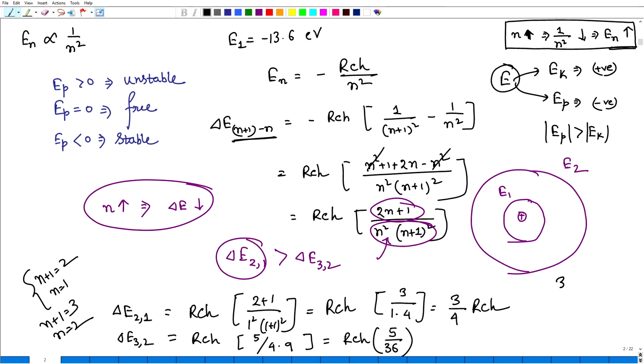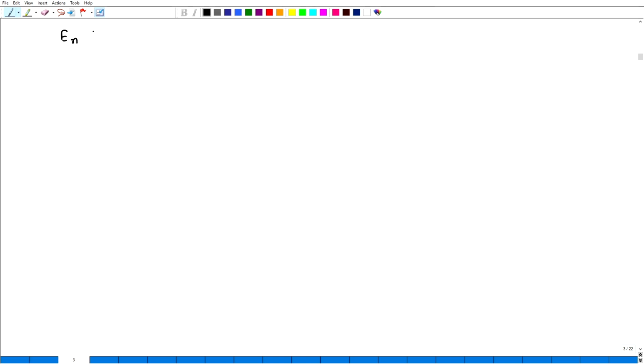Now 3 by 4 or 5 by 36, which is greater? Clearly 3 by 4 is greater than 5 by 36, much greater. So the energy gap between the first and second level is much greater than between the second and third level. We can also see that from the general form, that E_n is minus 13.6 electron volt divided by n square. So E1 is minus 13.6 electron volt. For E2 we put n equals 2, then that will be minus 13.6 divided by 4, and that is actually minus 3.4